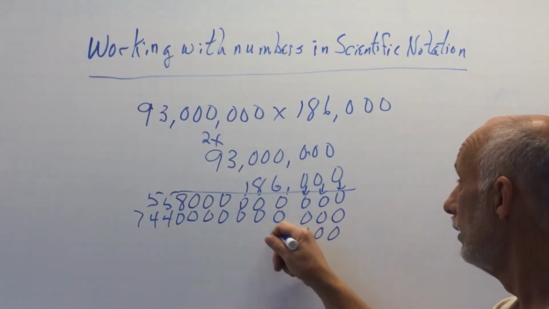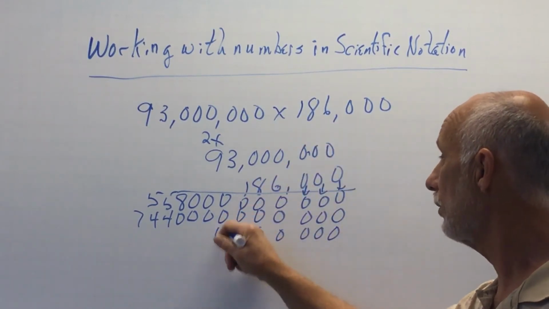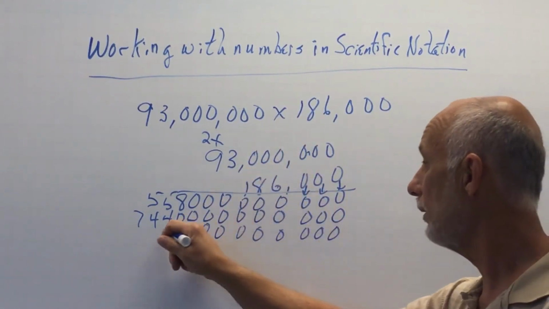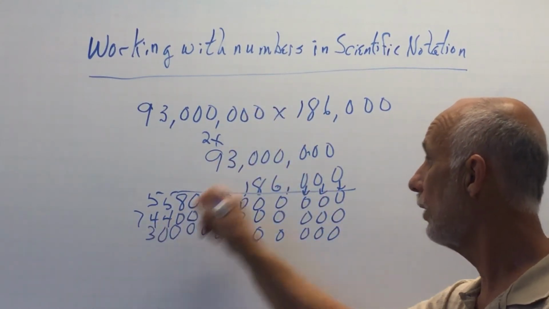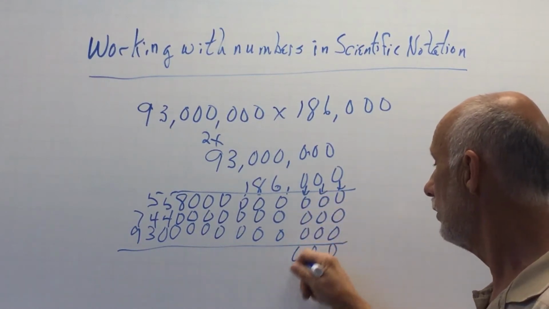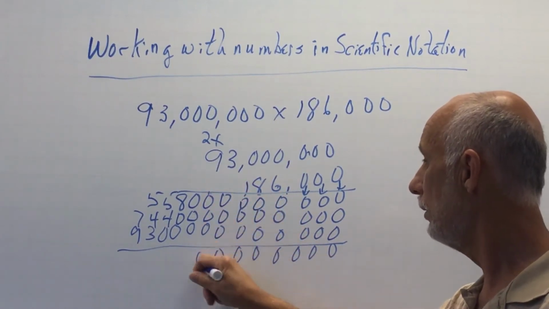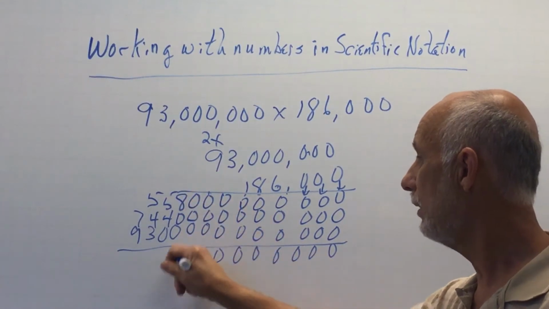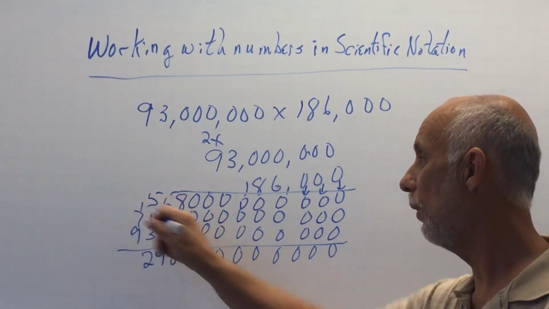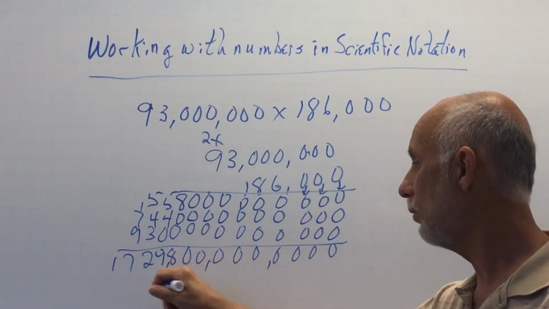Put these zeros here so that when you multiply by 1, the answer starts under the 1. 1 times 0 is 0, and so on, 1 times 3 is 3, and 1 times 9 is 9. So when I add, this is 0, 0, 0, 0, 0, 0, 0, 0, 0, 8, 5 and 4 is 9, 5 and 4 is 9, plus 3 is 12, carry the 1, 1 plus 7 is 8, plus 9 is 17. And when you put your commas where they belong,